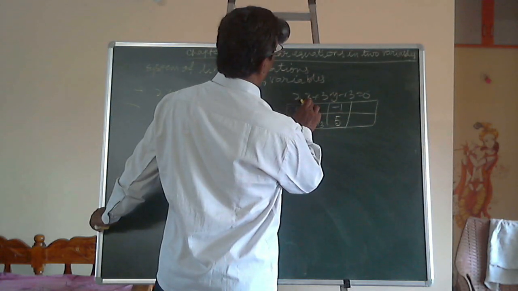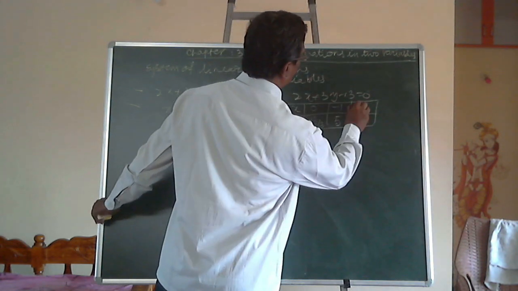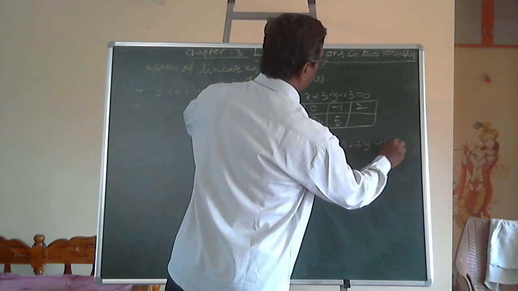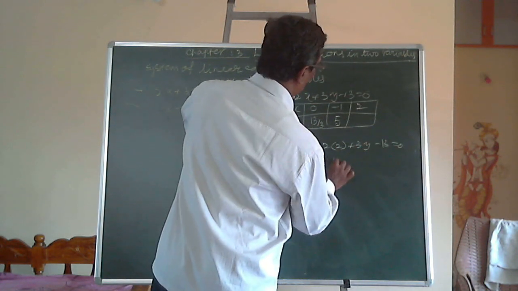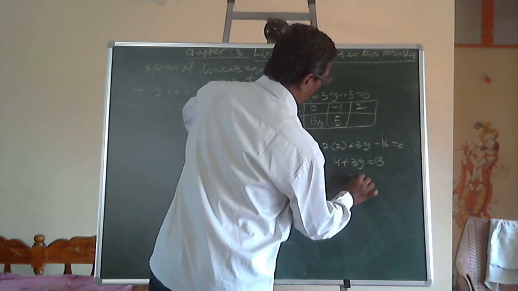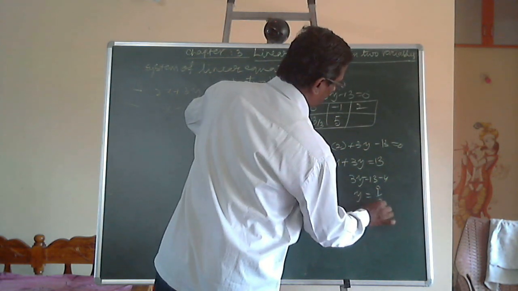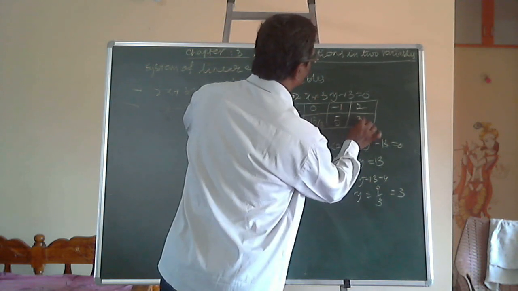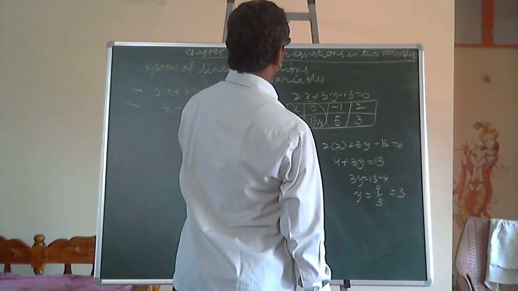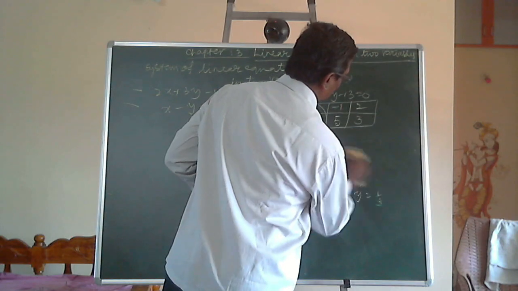Next, x is equal to plus 2. If x is equal to plus 2, 2 into 2 plus 3y minus 13 is equal to 0. 4 plus 3y minus 13, the 13 goes to plus 13. 3y is equal to 13 minus 4. y is equal to 9 by 3. This is equal to 3. This you need not consider. You go for another equation. If y is equal to 0, x is again a fraction. So let us give another value of x.